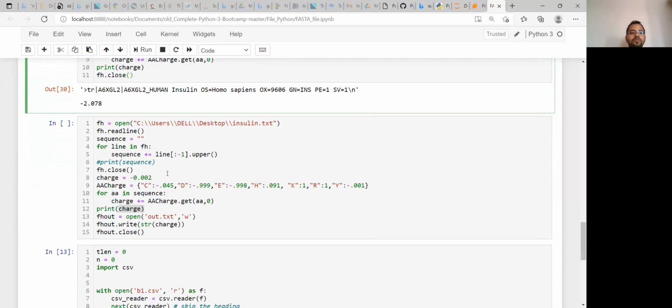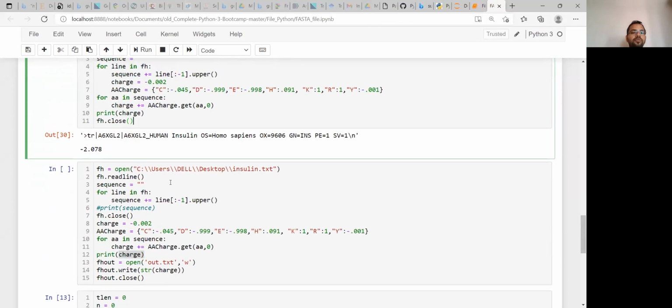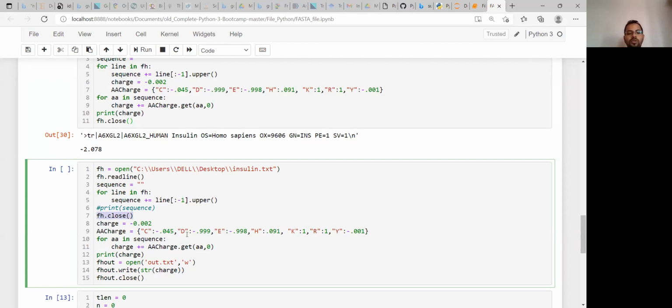Okay, so next, one thing is that after you have completed this file handling, you can close this file handle there also. Say for example, the same code I have written again, and I have closed this file handler here after completing this for loop, because we have already got the sequence and already know this dictionary, so we can close the previous file. No problem with that. You can close it here or you can close it here also.